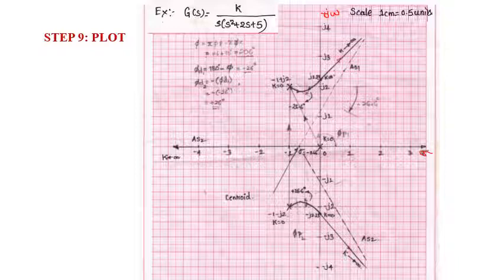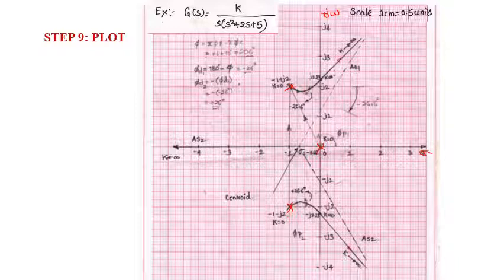Next, identify the poles. We know the first pole is s equal to 0. The second pole is s equal to minus 1 plus j2, so come here to minus 1, go to this side and plus j2, so we get minus 1 plus j2. This is the second pole. Put a cross mark. The root locus is symmetrical about the real axis, so we get another pole as the mirror image of this one, minus 1 minus j2. You can verify minus 1 here, minus j2.